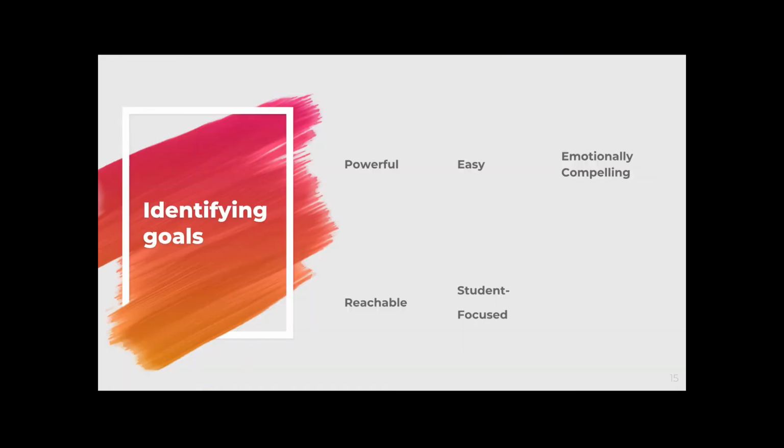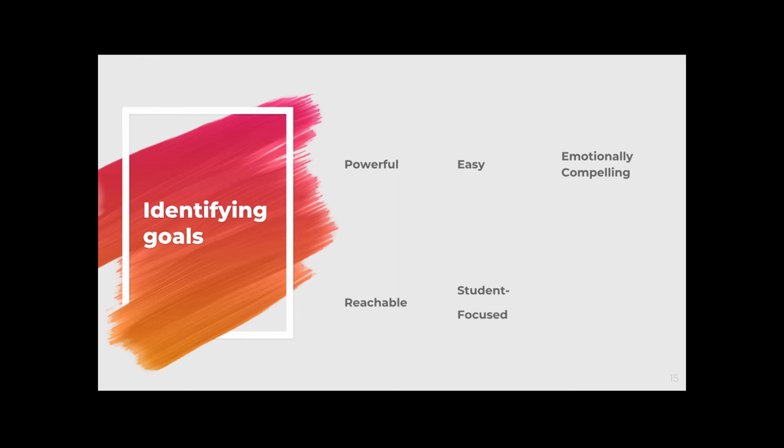After we identify the current reality in our classroom, we have to set quality goals. The first thing we should consider when identifying those goals is whether or not the goal is powerful. Does it make a difference in the lives of our students? A lot of times when we set goals, sometimes we set them too far and too hard. We like to make easy goals, things that are simple, clear, relatively easy to understand. Are the goals emotionally compelling? Is it something that you actually care about? Is it something that's going to drive you or drive your students to accomplishing these goals?